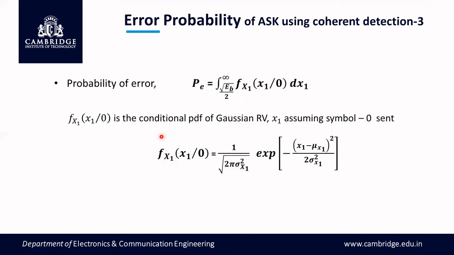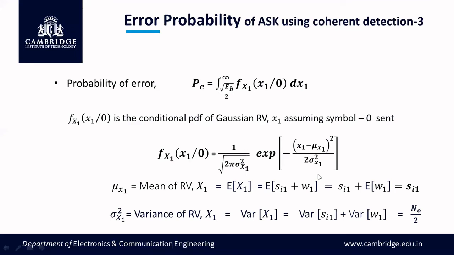So the conditional probability density function for symbol 1 and symbol 0 will both remain the same. Gaussian distribution is available in the mathematics, and hence we have to take the average. The probability density function of the Gaussian distributed function is also given by the same equation, which is basically an exponential function. This equation gives the probability of error for symbol 0 and the probability of error for symbol 1. Mu is the mean or average value of the random variable x1, and sigma x1 squared is the variance of the random variable.